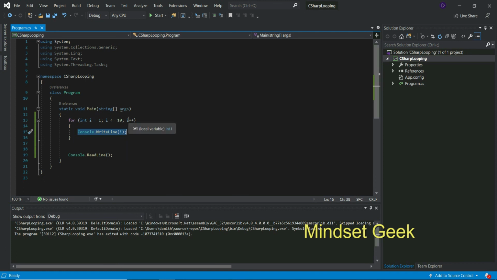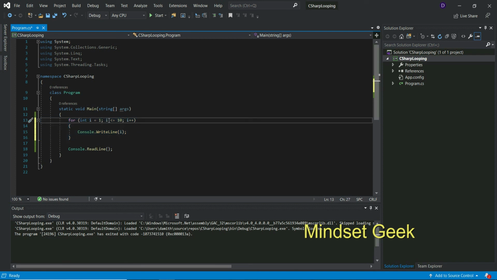We used it here for incrementing. I will explain how we use it for decrementing. For introducing the for loop with decrement, I comment this part. Okay, no need to comment; I use this example also.